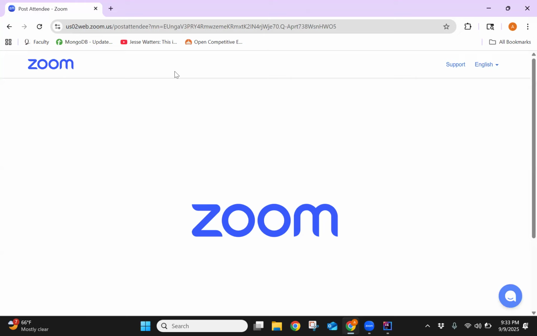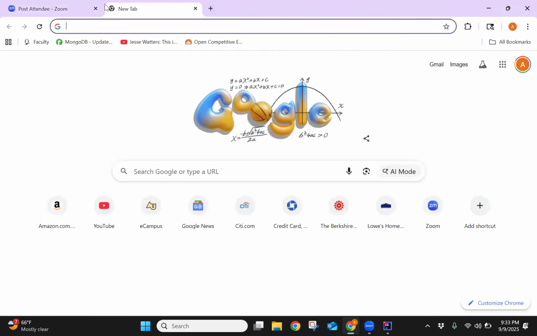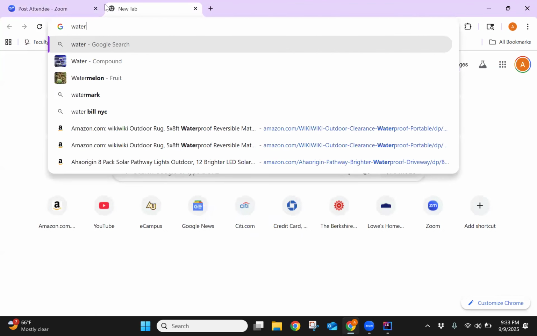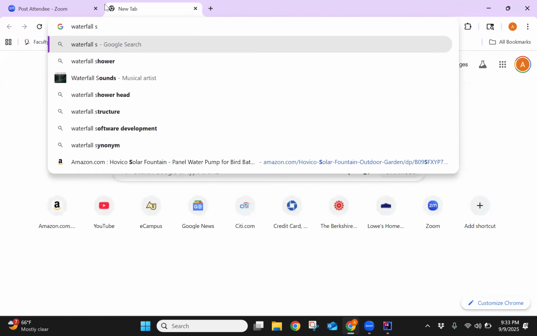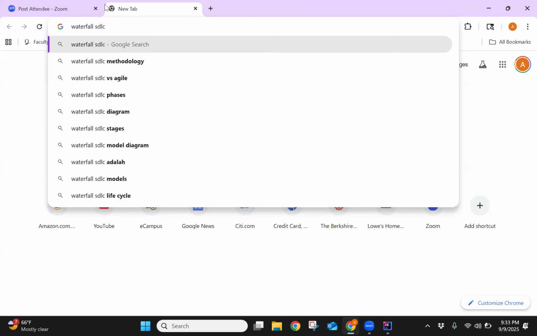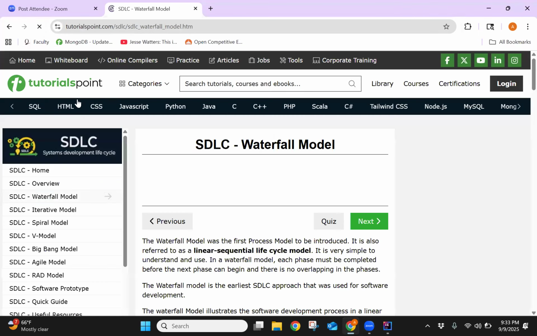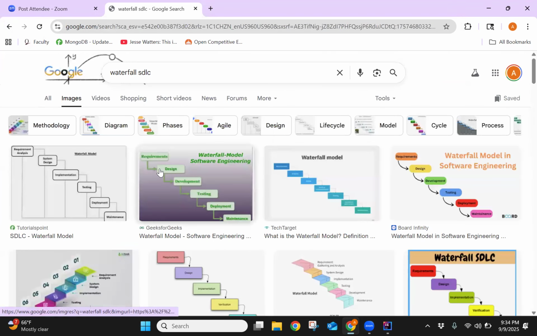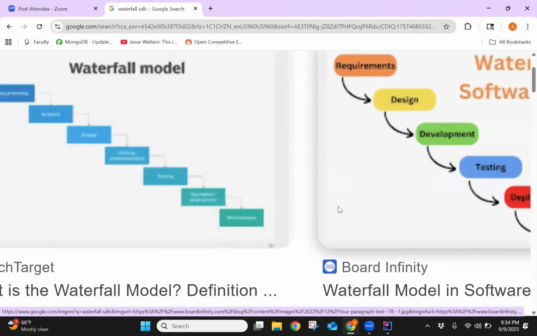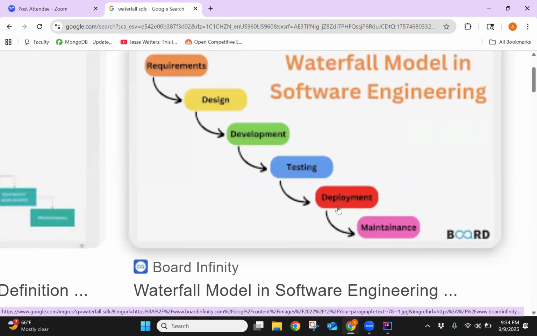This is called the waterfall model. Now, the reason why it's called waterfall is, let's look at a waterfall, right? The waterfall model is called SDLC, which is software development lifecycle. So let's do a nice little image. Okay, so basically, it looks like a waterfall, and the reason why it's a waterfall